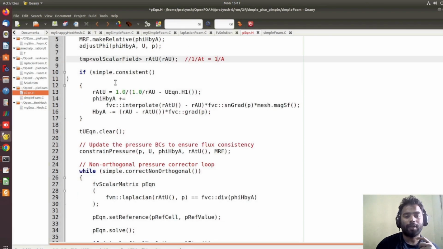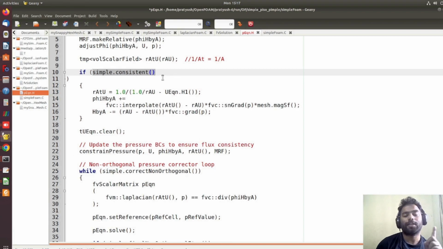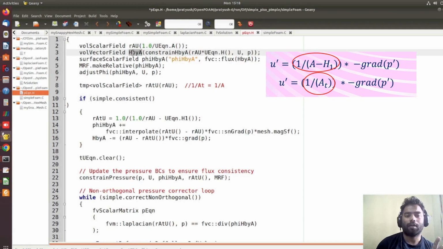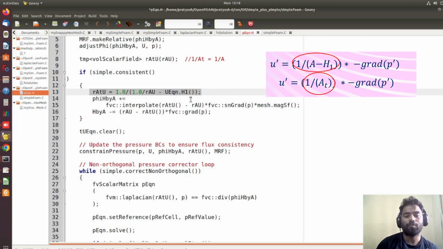Okay, now it is asking whether you want to solve simple.consistent or not. So in the FV solution, if consistent equals yes, then it is going to solve this equation. If it is no, then it will not solve, and it will just go with this RAU value and H by A value. So remember this: if simple.consistent equals no, then this RAT equals RAU. So this RAT and RAU both are the same value. But if this step is yes, then it is going to update the value equal to 1 upon